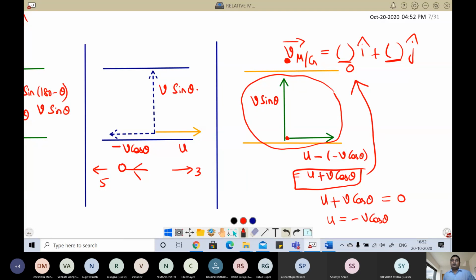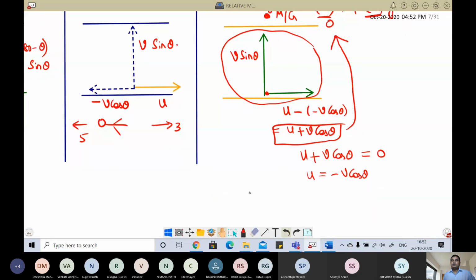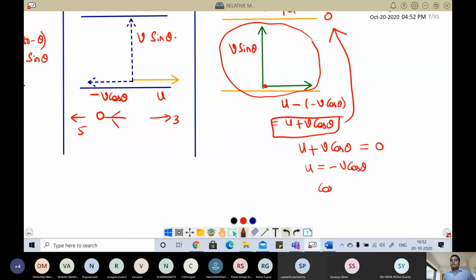So cos theta is equal to minus of u by v. Okay, same thing we got or not? So basically, the diagram method will give us the complete picture of what is happening. That's why I prefer the diagram method. You don't have to write any equation, just make the x component 0, and then the y component will be there. With the y component we can calculate how we should find out.